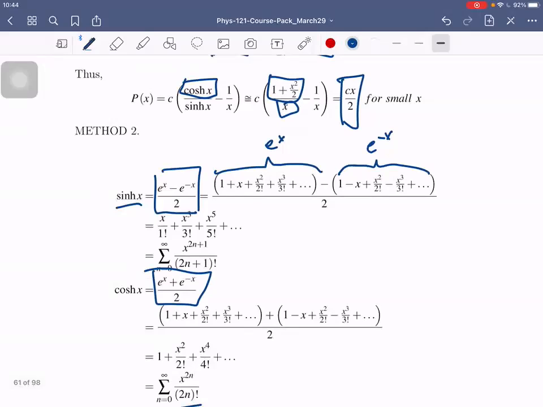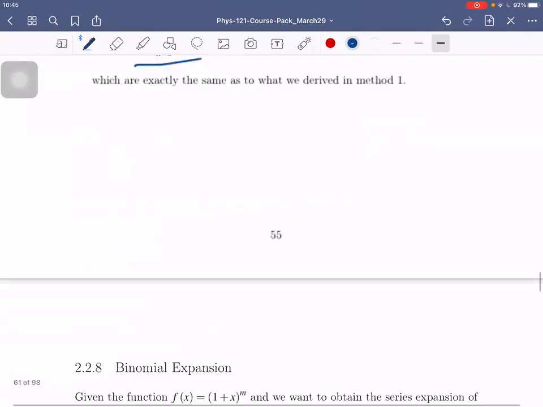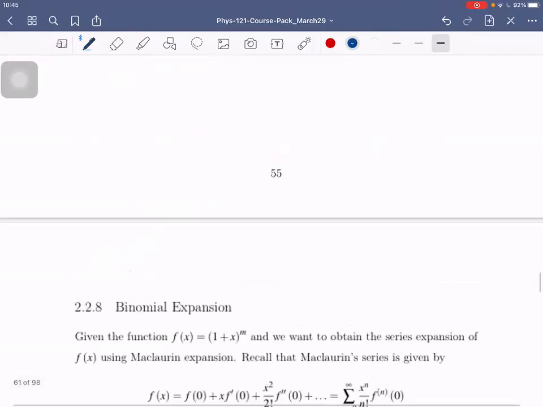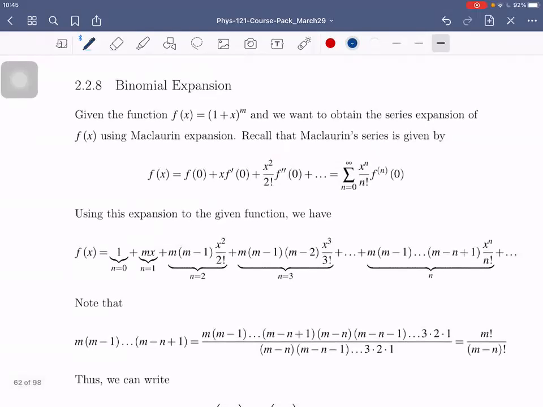Bahala kayo kung alin yung mas preferred nyo. Dito kasi at least kabisado niya na e raised to x. So method 1, you have to derive yung Maclaurin series. Okay? Okay, so yan. Sorry. So now, let's talk about binomial